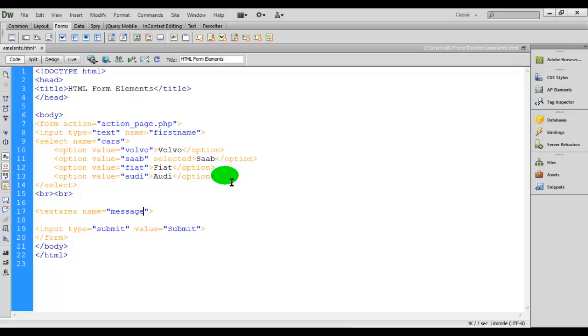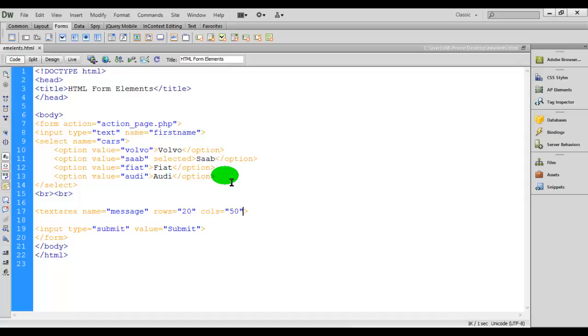Give this a name as message, and also define its rows and columns. Let's say rows 10, and columns 30. If you want to increase, then you can increase to anything you want, let's say 20.